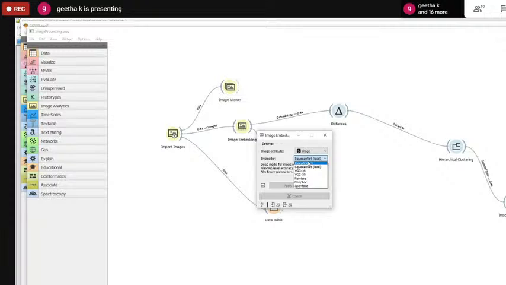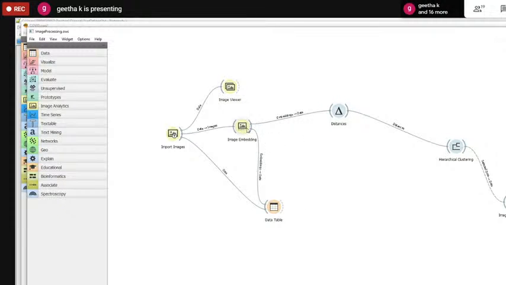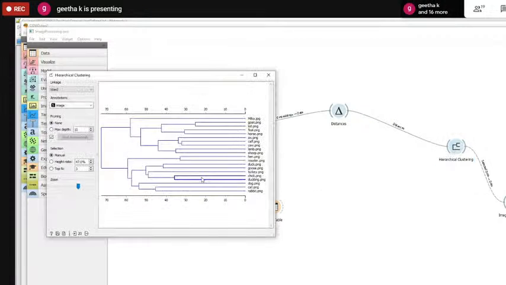Whereas if we are using Inception V3, again the image embedding will happen and the results will be populated. So here also mostly the